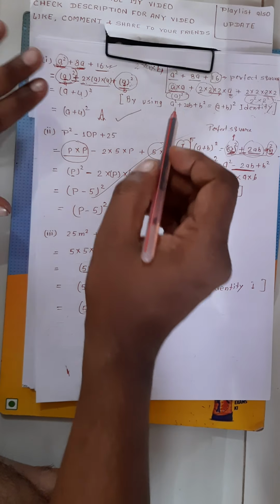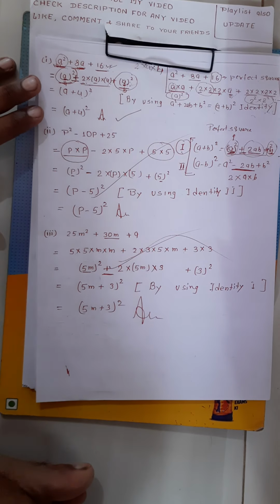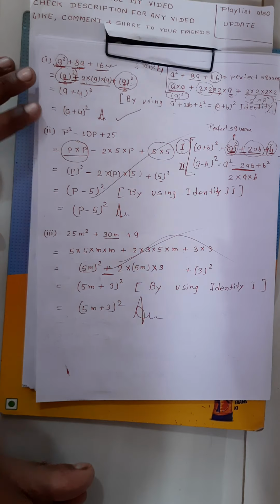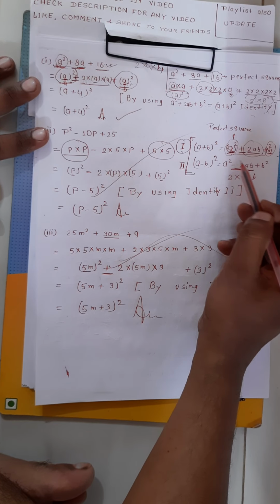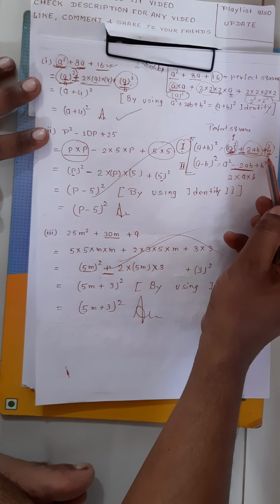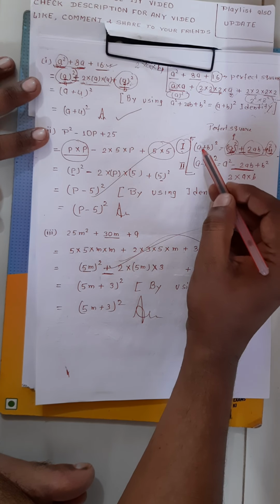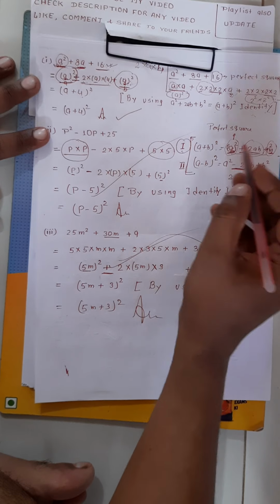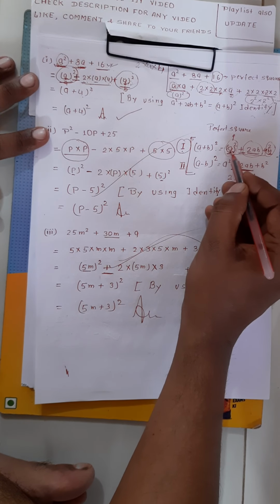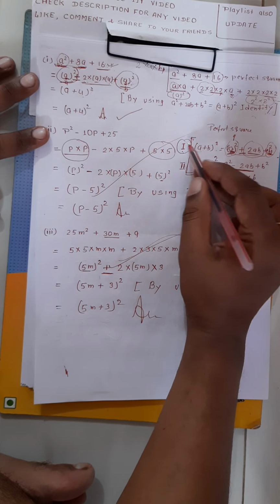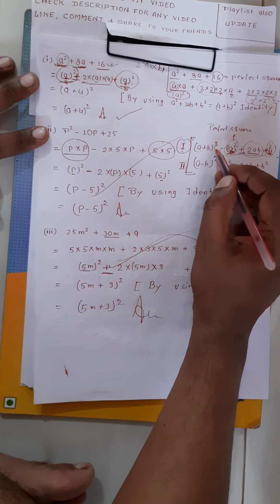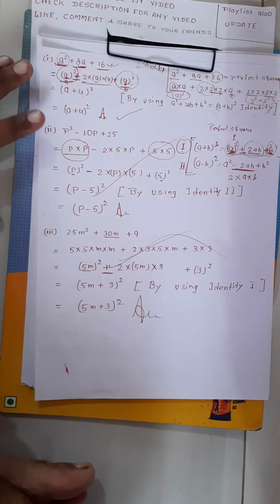So now what will our value be? a square plus 2ab plus b square. For a square plus 2ab plus b square, our value becomes a whole square of a plus b. That means this and this will come with a plus, and the whole square will come with it.